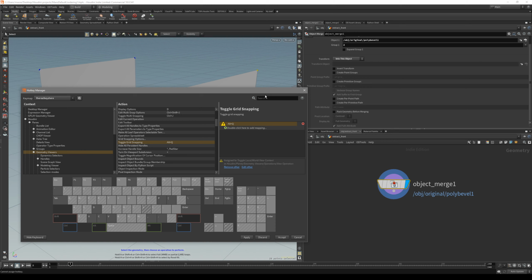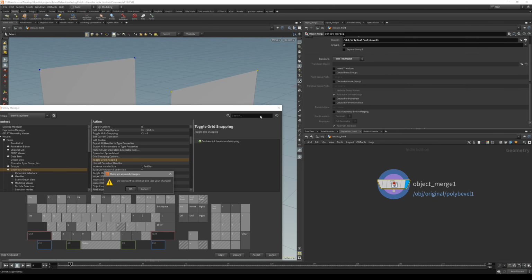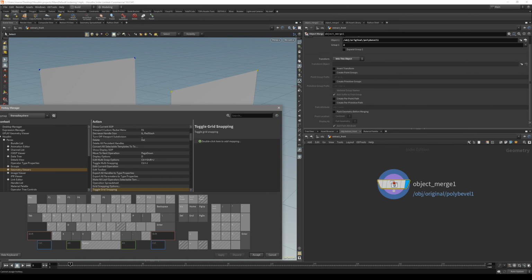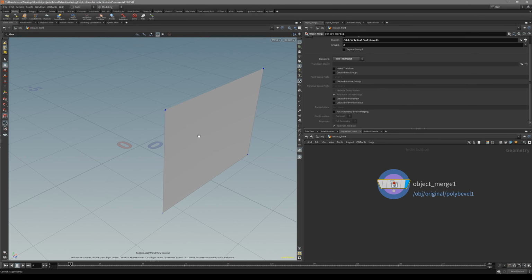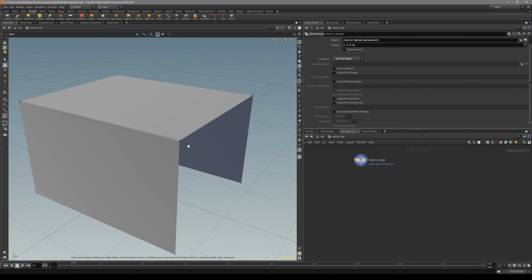So find it inside here and assign it for each axis. And another one is for me, it's Alt W, and that is the cycle view context. So these two hotkeys, set them up, and you're going to have a lot nicer time inside Houdini. Now that we know how we can isolate our objects, let's take a look at shading, because